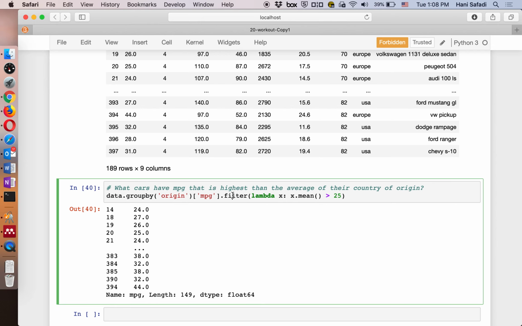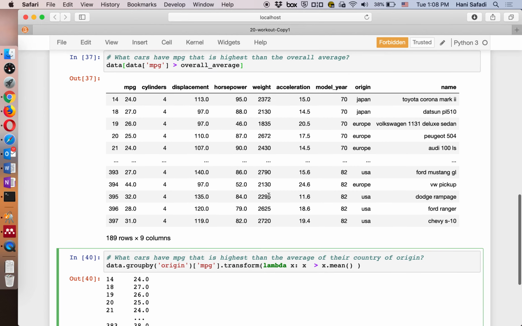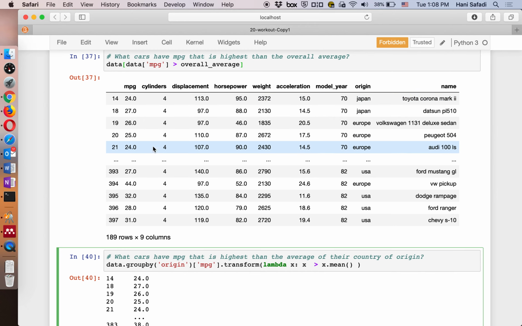Now, what I want to do is take the group mean and combine it with the individual value. So in this case, I want to transform, that's the third operation I can do. I want to transform my data so that each observation I get, I compare it with the group mean, and I want to have it higher than the group mean. So I'm basically taking each one of these values. For instance, let's take a look at,